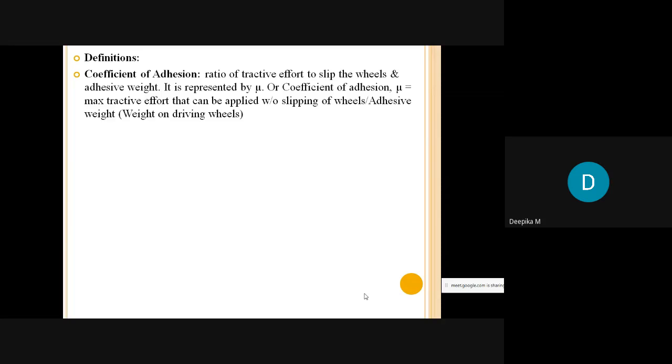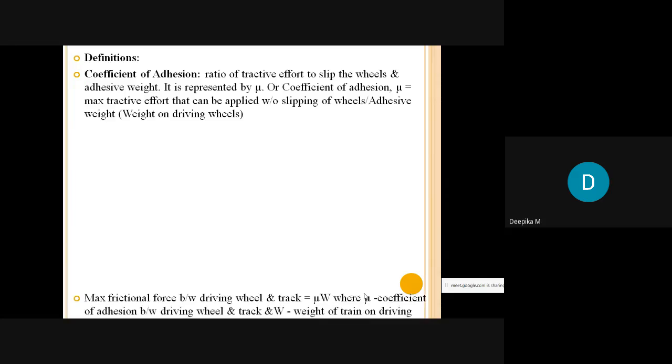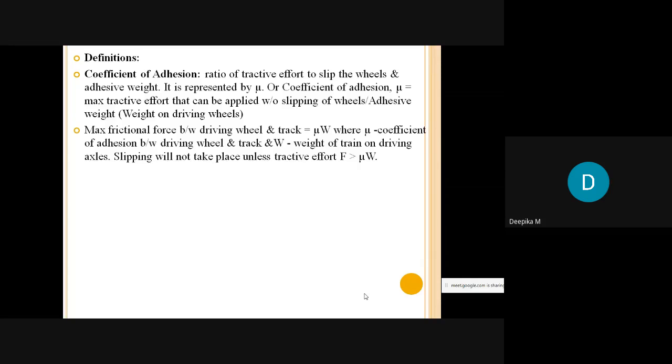So this is also another definition of the coefficient of adhesion. Then the maximum frictional force between the driving wheel and track we can write as mu into capital letter W, where mu is the coefficient of adhesion between driving wheel and the track, and capital W is the weight of the train on the driving axle. So what happens if the friction between them is greater, that is, if the tractive effort is greater than mu into W, the maximum frictional force between the driving wheel and track,